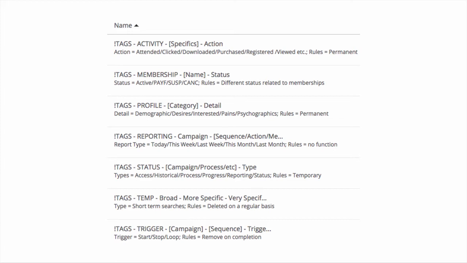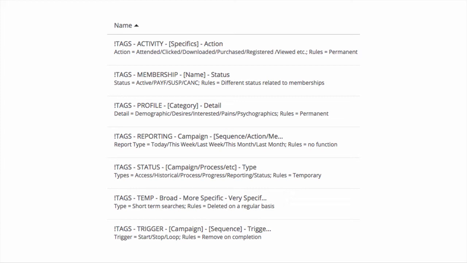Status, again, I typically don't use that too much, but I'm going to do status dash the campaign they were involved in and what it was. Are we reporting? Is there progress? Temp category. Surprisingly, I use it a lot, but it's designed to be temporary. And then you delete it. And it shows, again, the naming convention: start on the left, generic, general, go from broad to more specific with regards to the information. So that can be loose, open-ended, but if I ever see a temp tag and I don't know what it is,